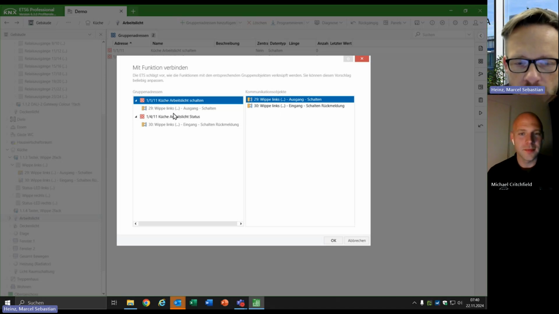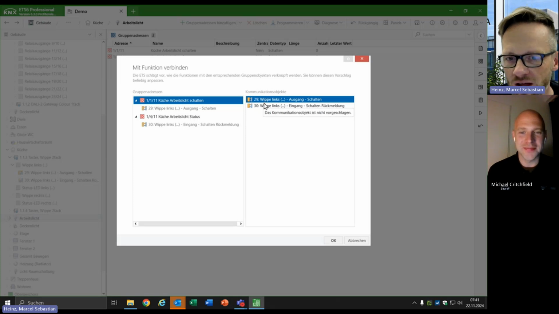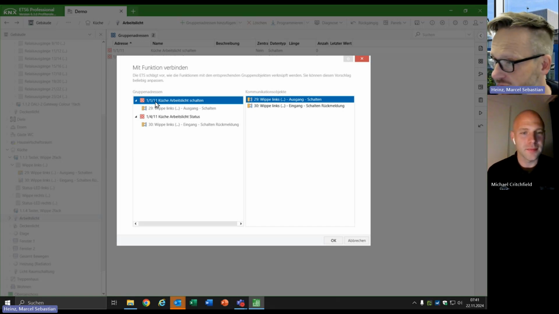The ETS made an example because I trained it by linking the communication objects to the group addresses included in the function I prepared.